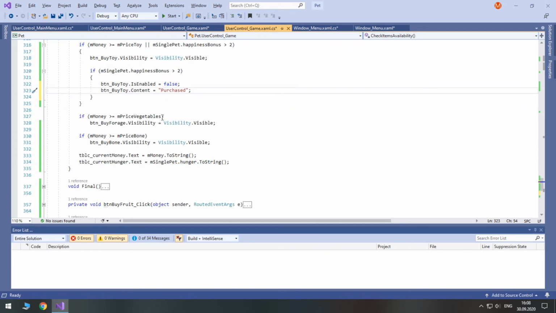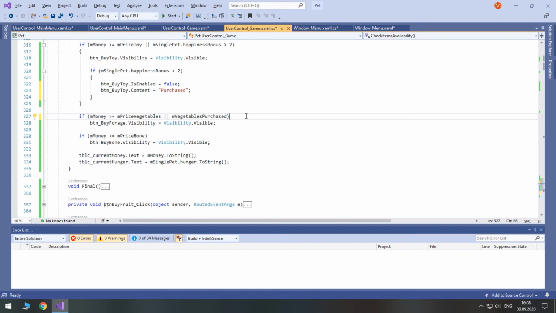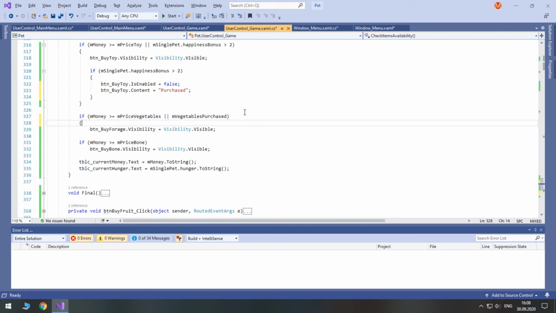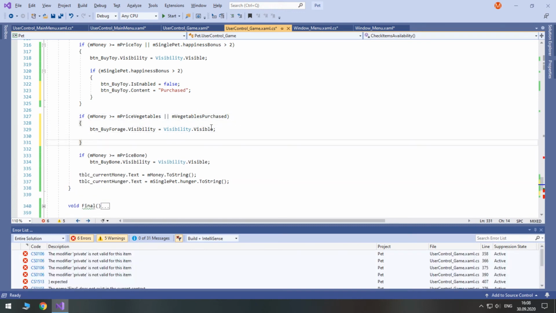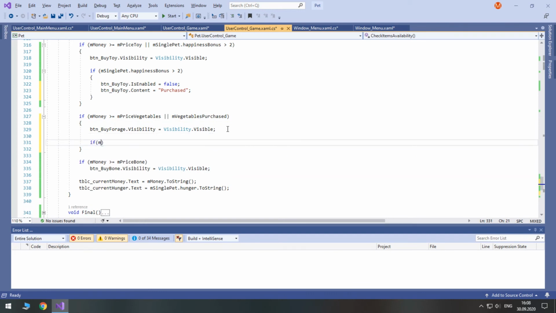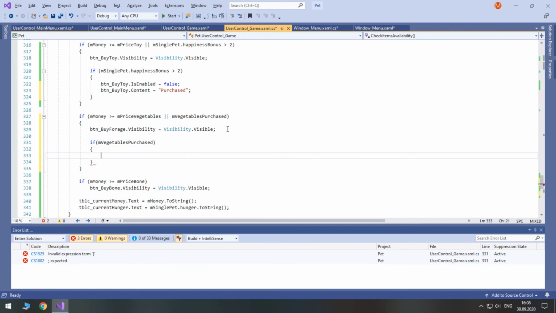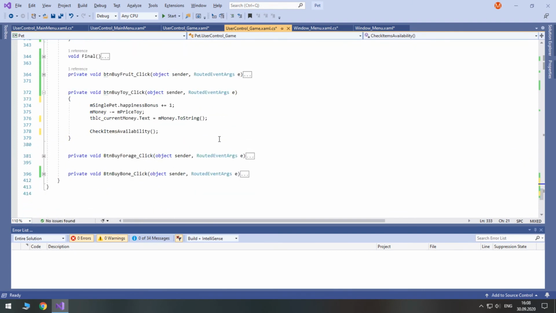Now, as for the vegetables, if we have enough money or vegetables is already purchased. So if it is, we show the button in either case, but if it's indeed purchased, we do the same.